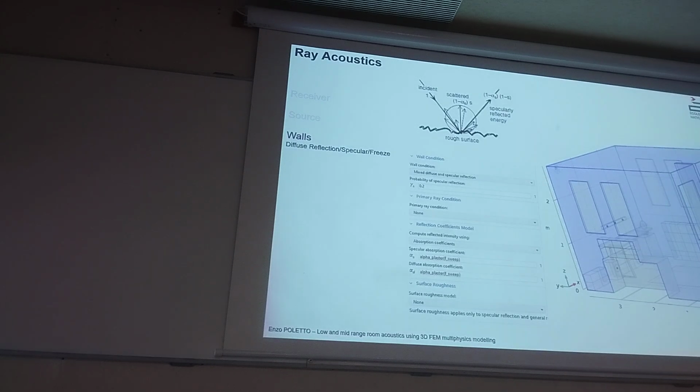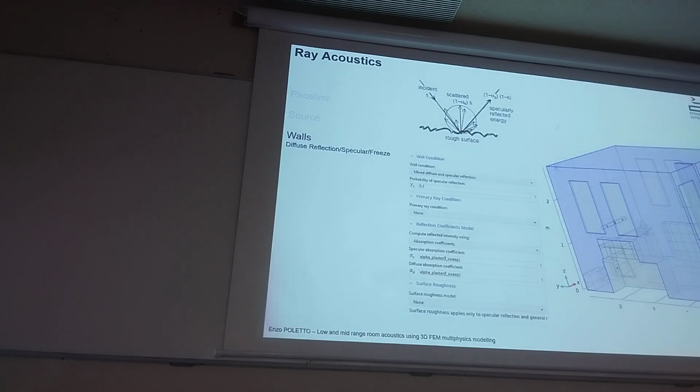And all I need to do is input the coefficient, which I interpolate into a function. And if, let's say, at 1,000 hertz, I have 0.2 absorption coefficient, then it's going to calculate the rays